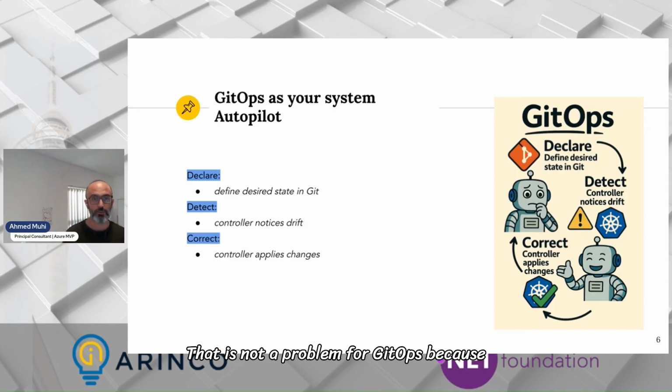That is not a problem for GitOps, because what happens is that, again, after that interval, by default, it could be 1 minute, it could be 1 hour, depending on how aggressive you want your GitOps to check the Git repo. So if it's a production and we set it to 1 minute, it is going to check and say, hey, this actually is not right.